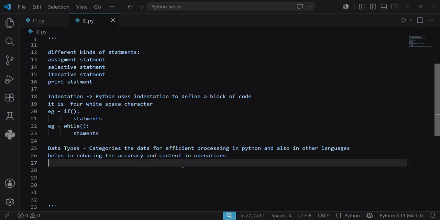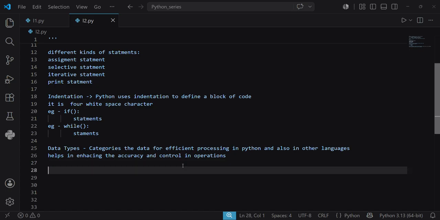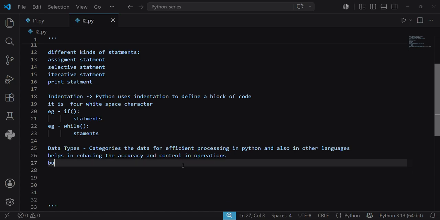So let me just show you the different types of data we use. So basically data types are basically built in. What is the meaning of built in? They are already present